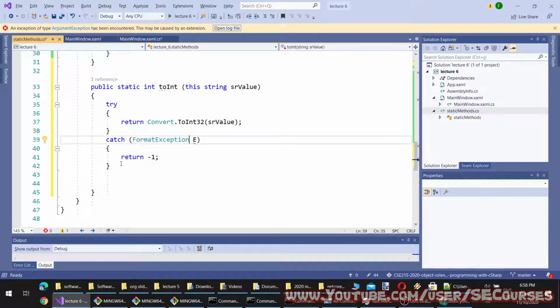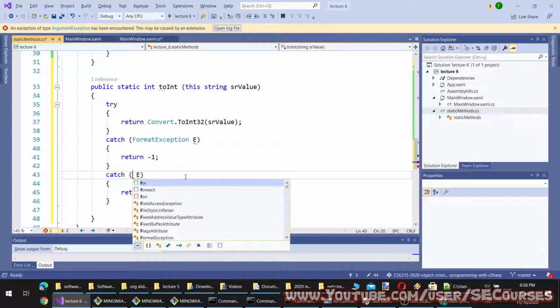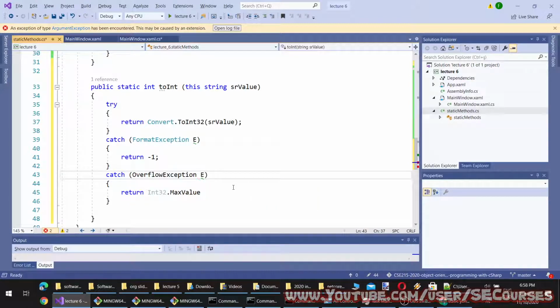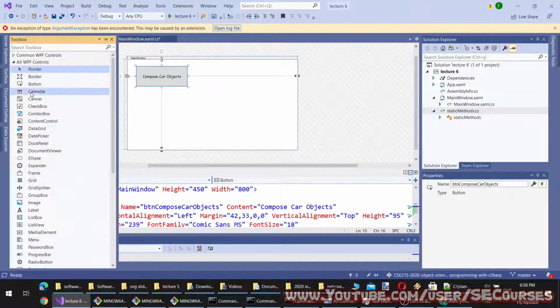And if an overflow exception happens, I will return integer max. Okay. Let's make this overflow exception like this. Okay. So we will test these out in a moment, or just let's test this first.